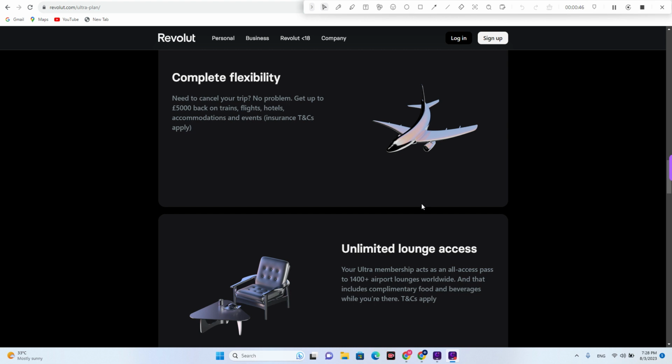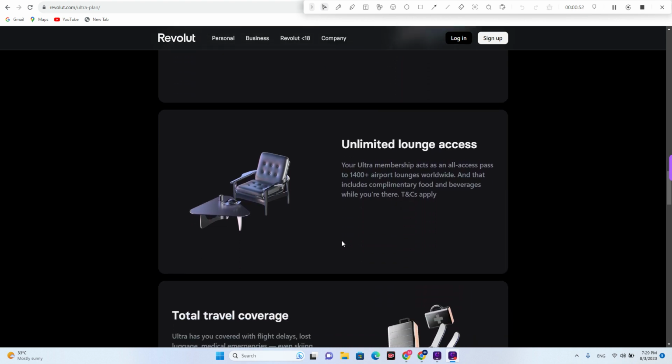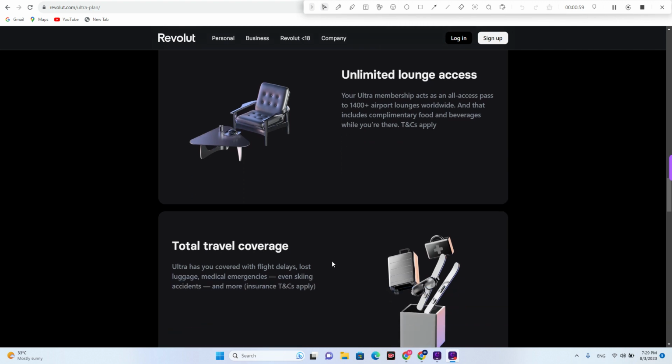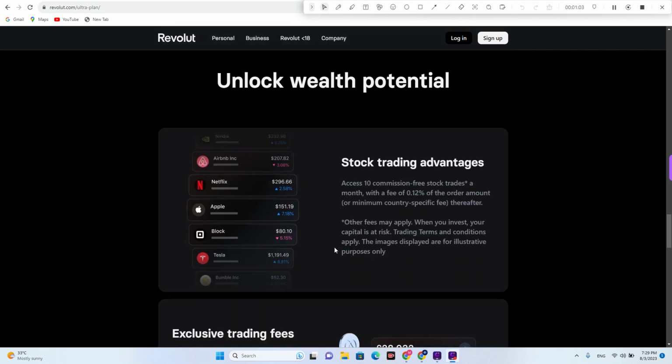The cryptocurrency integration on Revolut Ultra is impressive as well. While Revolut has always been known for its crypto support, this new version allows for more extensive cryptocurrency trading options. Users can now trade a wider range of digital assets and access real-time market data, which caters to both novice